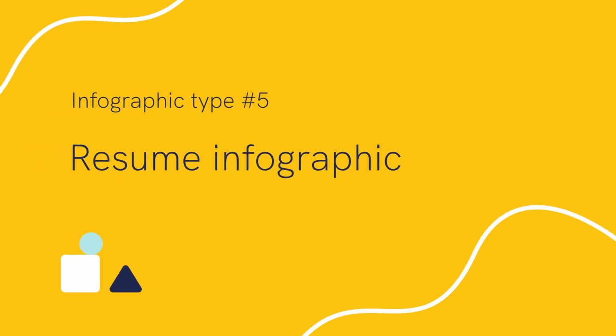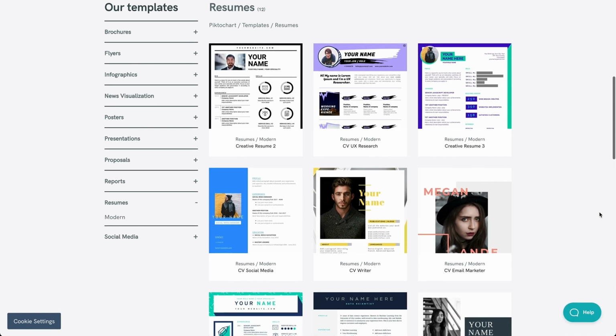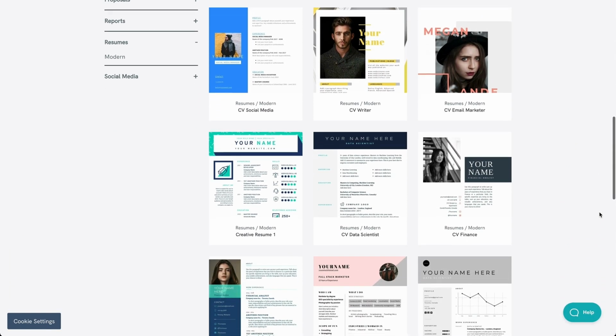Infographic type 5, resume infographic. Also known as a visual resume, a resume infographic helps job seekers put their best foot forward by visualizing their plain CV. Use the visual resume format if you want to